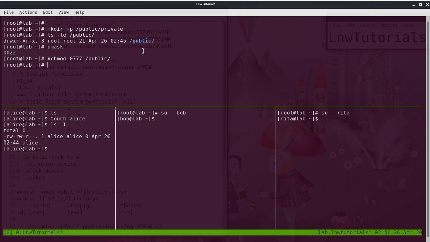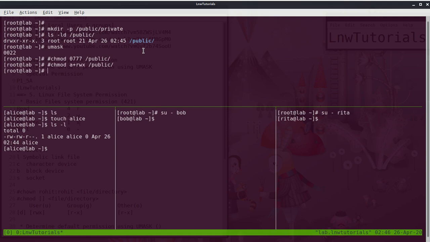Otherwise we have another command, chmod a+rwx, and give the directory name.